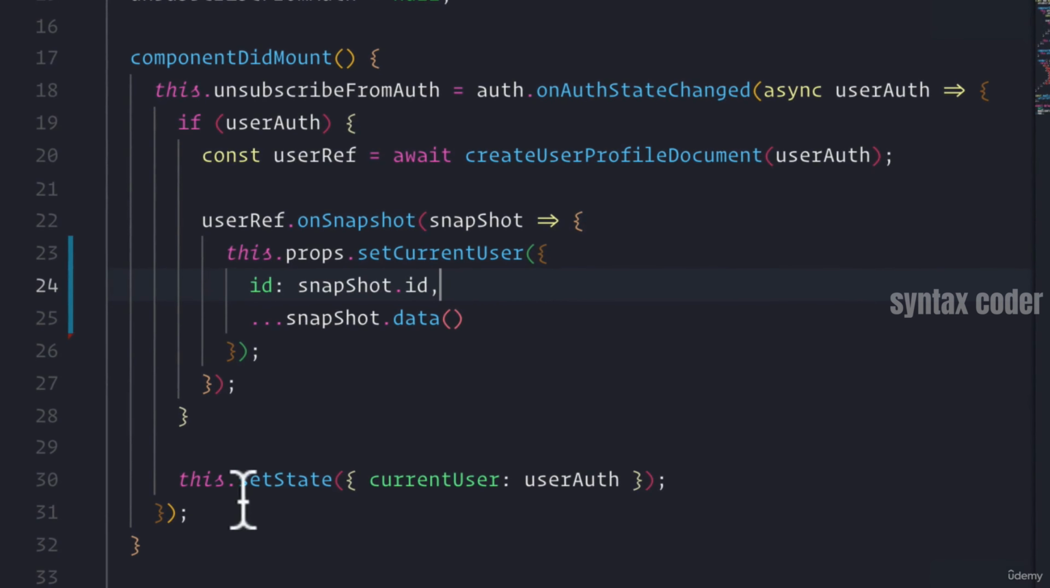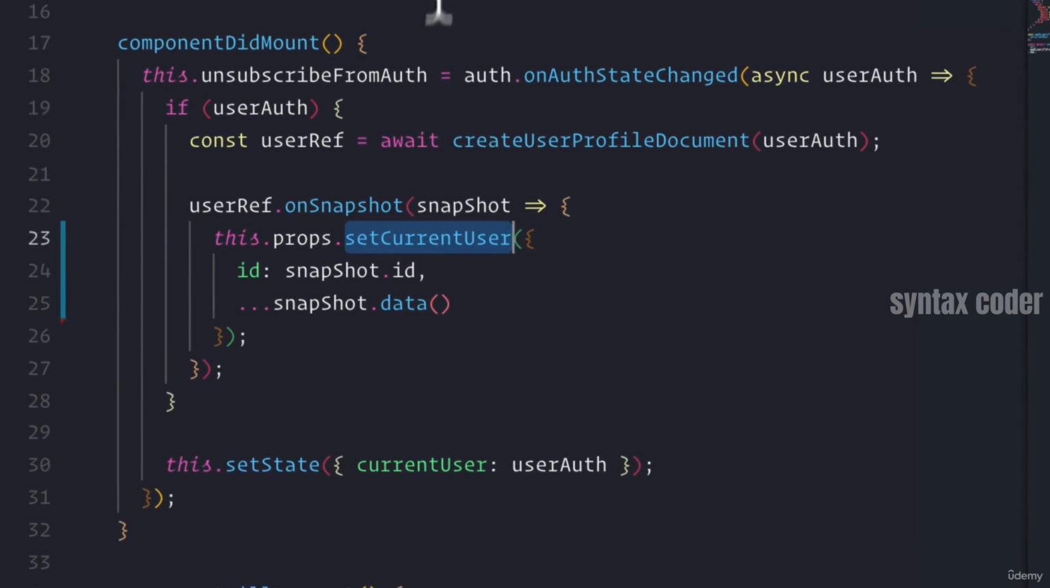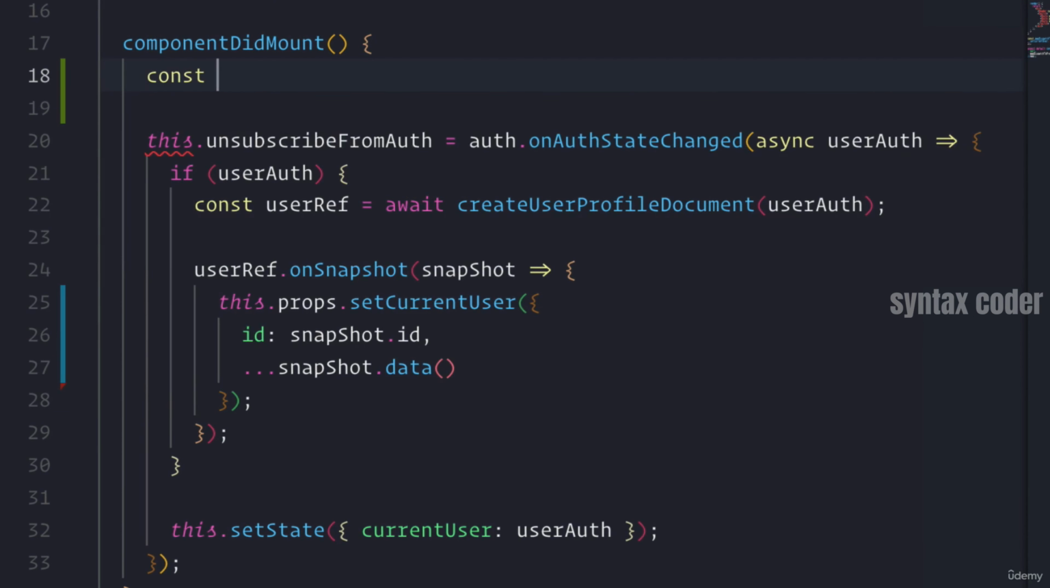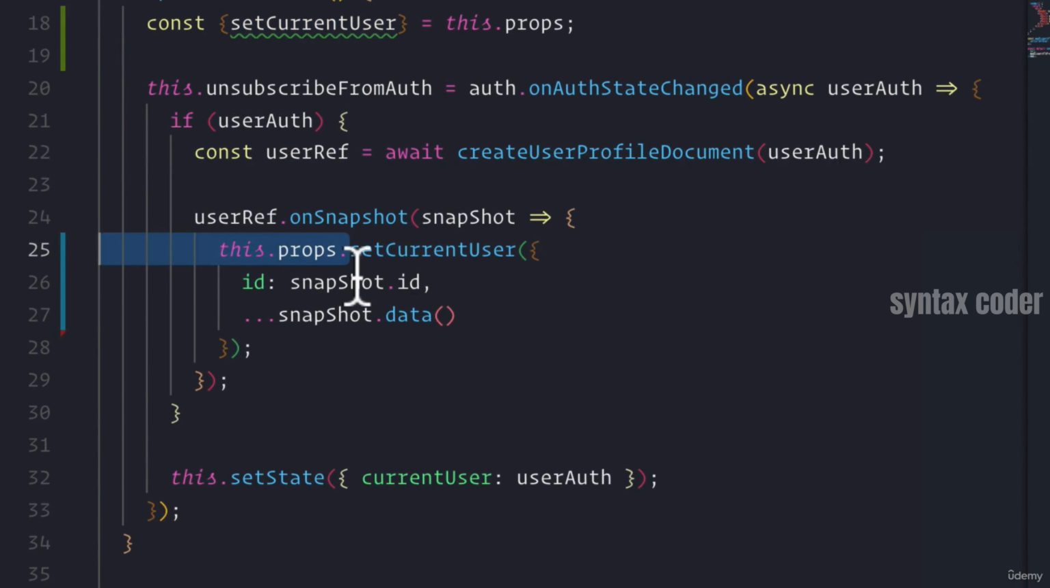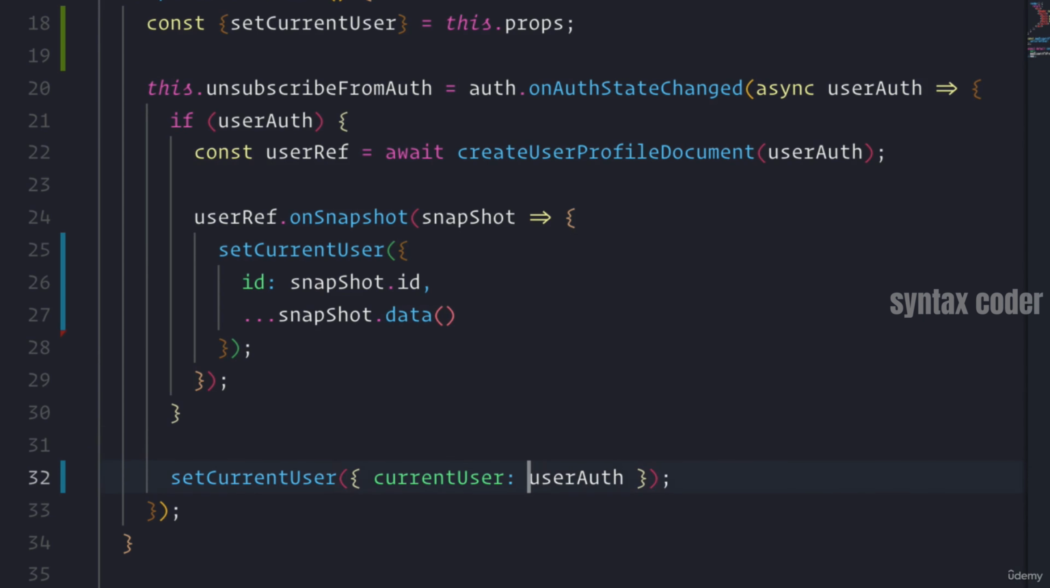Now, because we're also going to do it here, let's actually destructure this off of our props. setCurrentUser equals this.props. And then instead of using props, we can just call setCurrentUser and similarly do the same thing here. But we don't need to pass it an object with currentUser. We just need the object we want to update it with. And now if we save, whenever our user snapshot updates, we are setting the user reducer value with our new